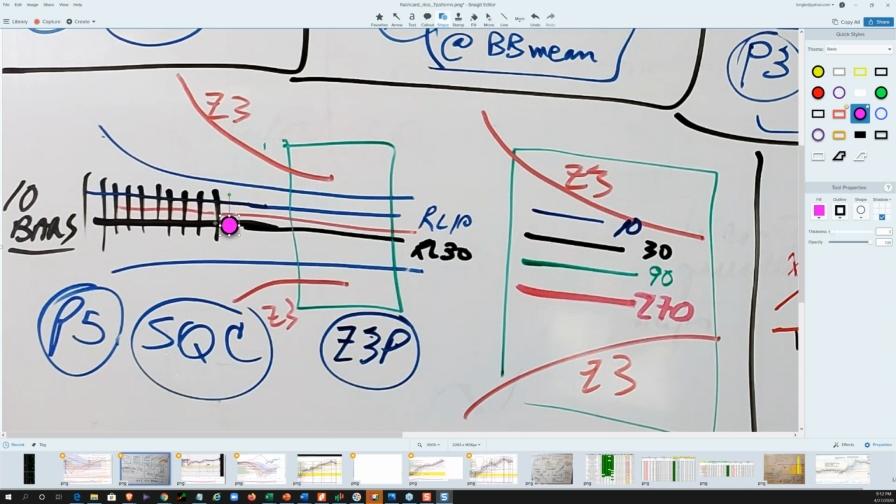Usually, by that time, you will notice the Z3 lines starting to collapse. So this is a sideways quiet channel. What I normally need to see on this is a breakout above Z2 to get into that. Now, if it doesn't break out, and this price action continues to go sideways, what will happen is at some point you see how tightly compressed they are and you draw a frog box. And then you notice that the Z3 lines have now compressed and are inside of the frog box. This is a very tight pinch